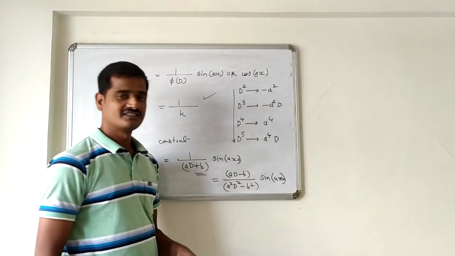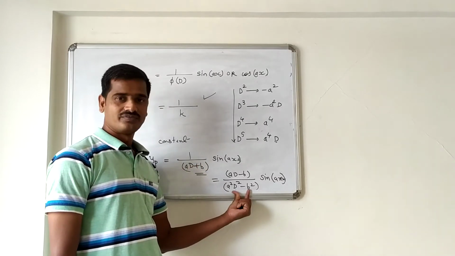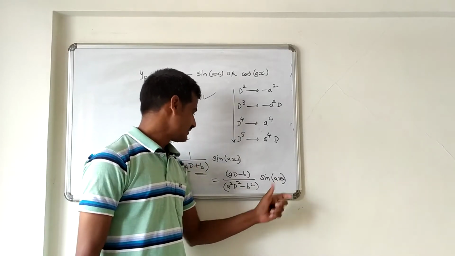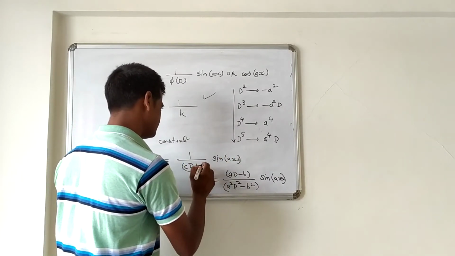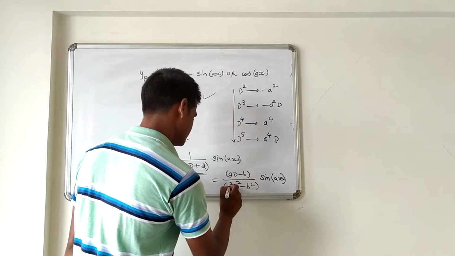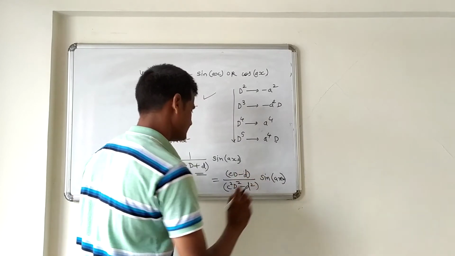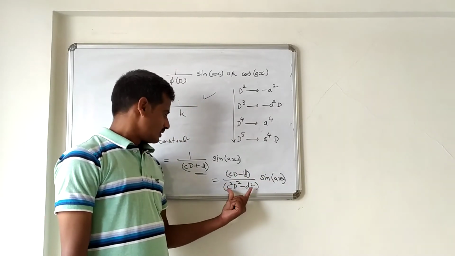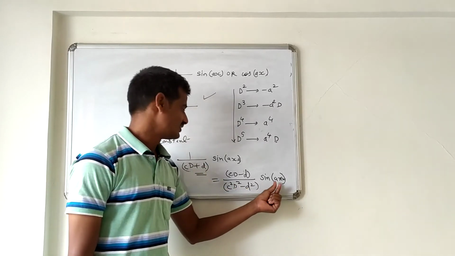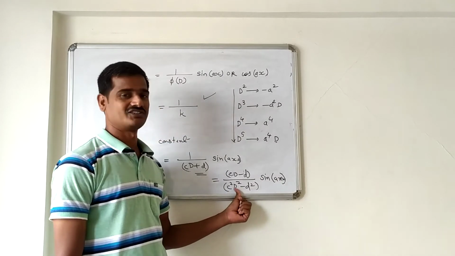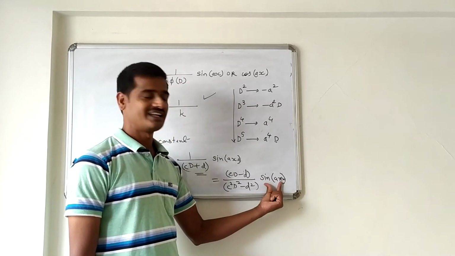Now why is rationalization important? Because if I produce d square at the denominator, then I am able to replace d square by minus a square. Please do not confuse this a and this a. I will write here cd plus d, then c square d square minus d square, with cd minus d. After rationalizing this term, you will get a d square term at the denominator. So replace d square by minus a square. And what is cd minus d operated on sine of ax?